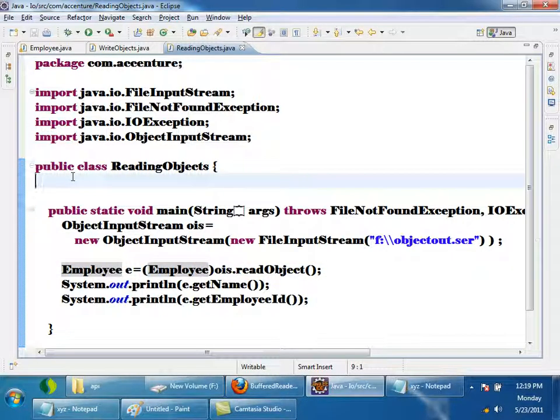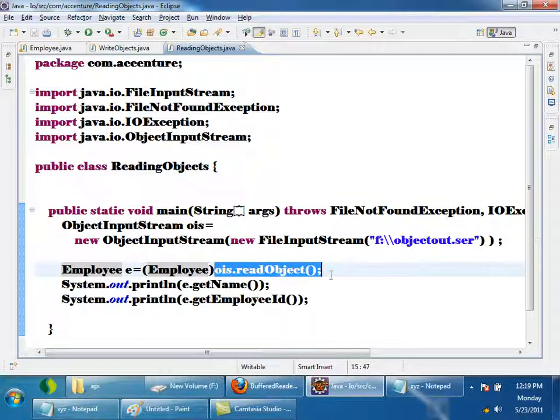Let us try to understand what is happening during deserialization. It is very important to understand this. See here, at which line is deserialization happening? At this line. Whenever I say readObject, reading an object from a stream is called deserialization. It means the object has to be read from the file: employee ID, name, salary, and an object has to be created, right? Here at this line OIS.readObject, it will read the contents of the employee present in that file. So let us try to understand what is happening.